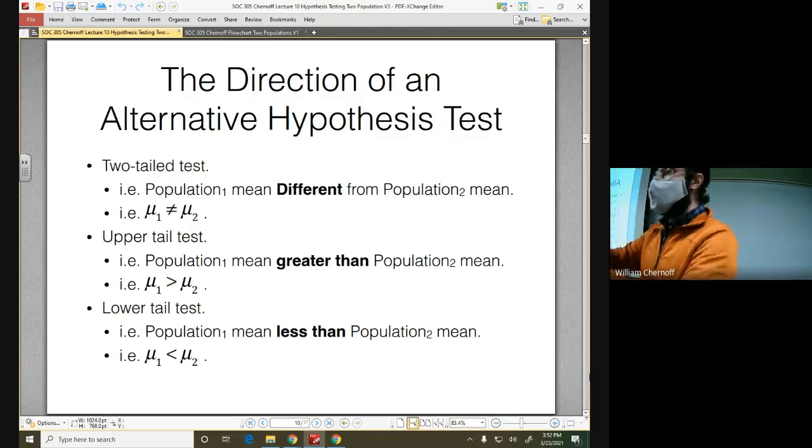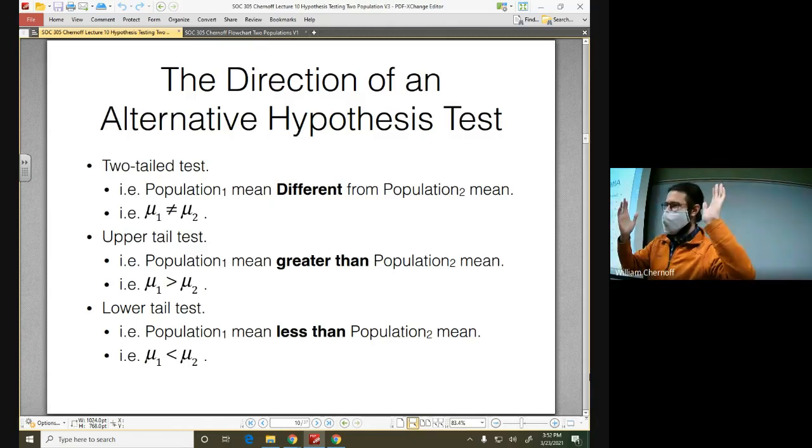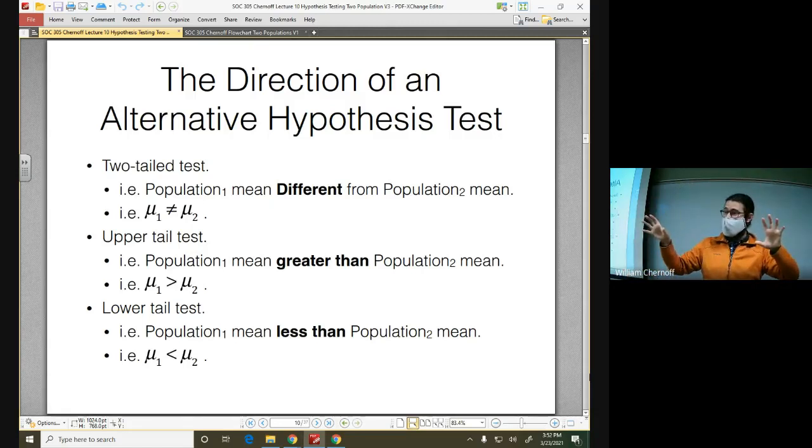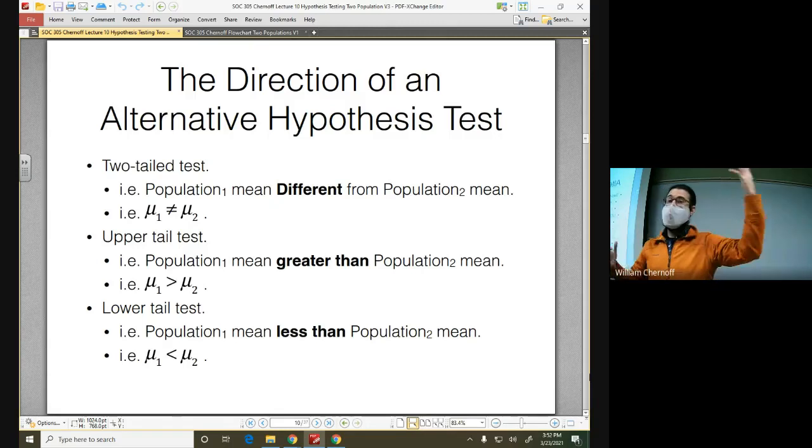So in this case, there is no proposed value. That's a good question. In this situation, it's the population 1 mean is different from the population 2 mean. So it's almost kind of like there's no value. Nobody's going to say the population difference is, like, 20 days. Instead, it's just how the different populations relate to each other. Are they different? Is one bigger than the other? Is one smaller than the other? So here, when we're writing these hypotheses, you're not going to include specific numbers.